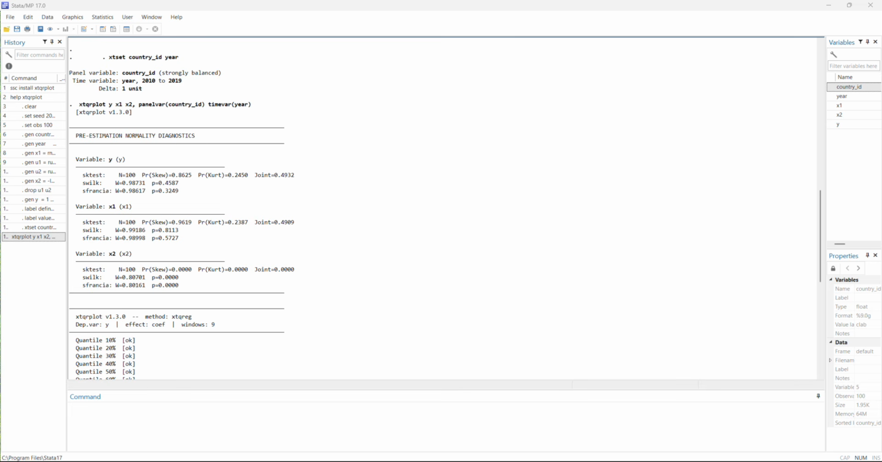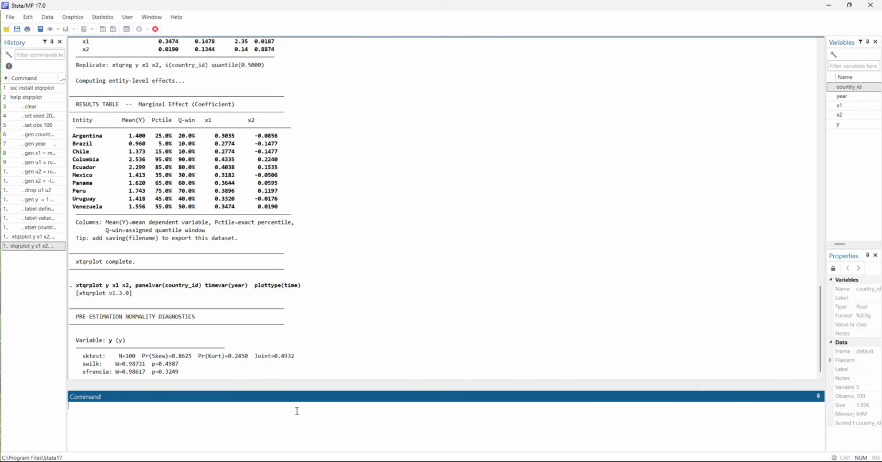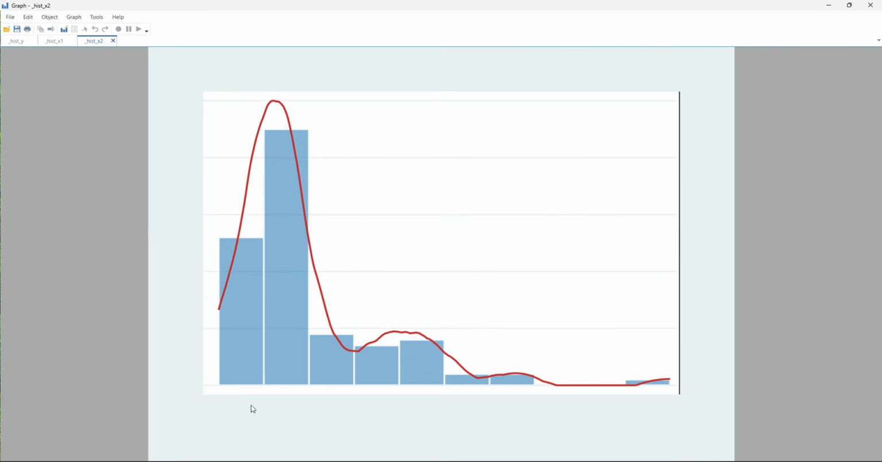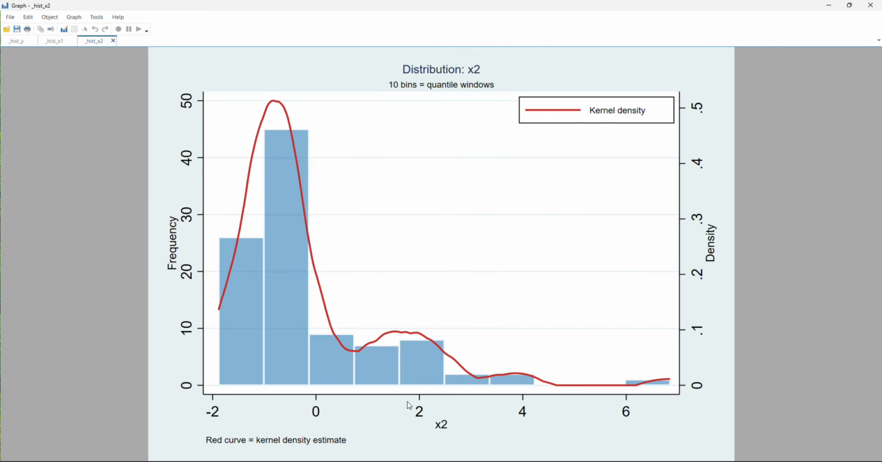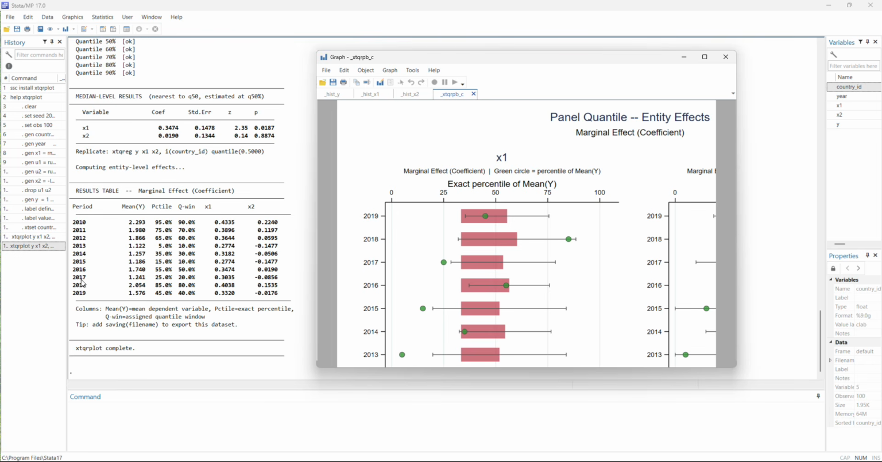Let's get the code. So I will make this code, and the two-way, I will show it later. First, I will show time. So when you run it for time, it will do the same thing. First of all, the cross sections, the variable normality tests. Then it will take some time, and then you can see for each country there is a mean value. For each year there is a mean value and their percentile positions, and then overall results are also here, but